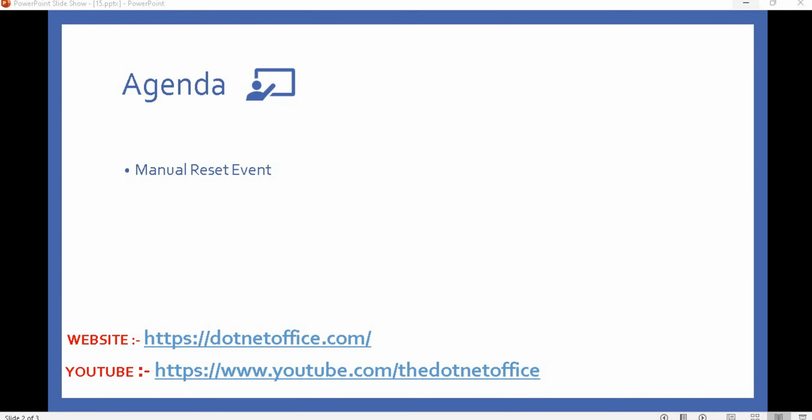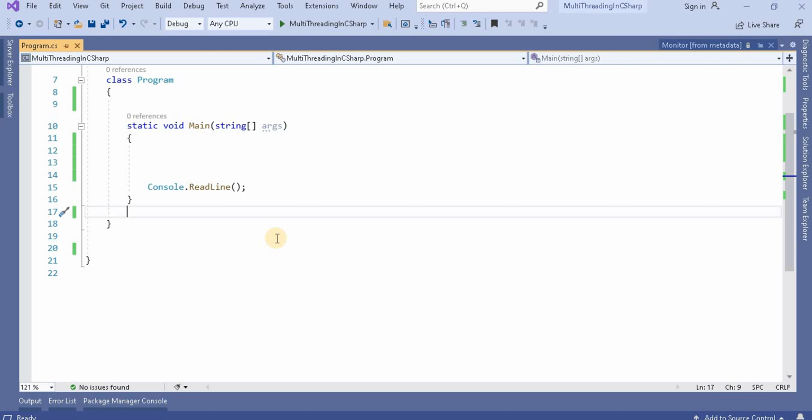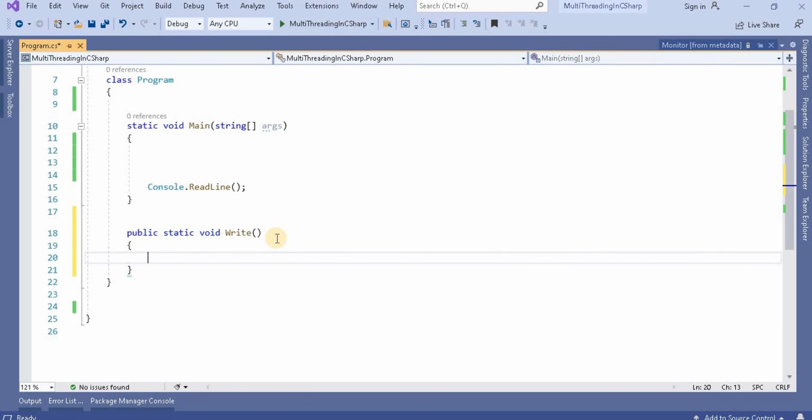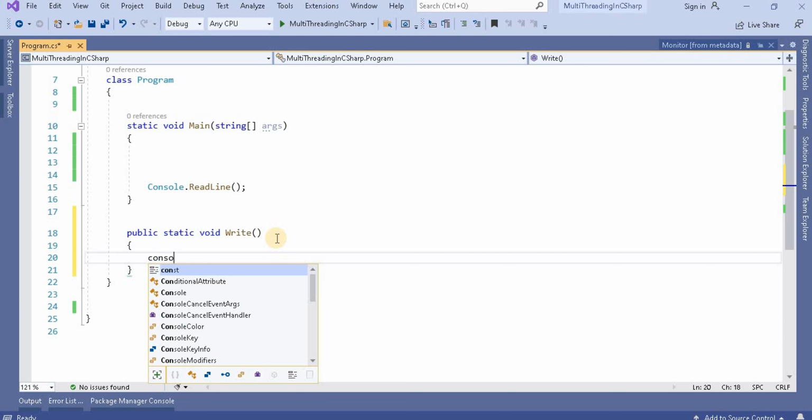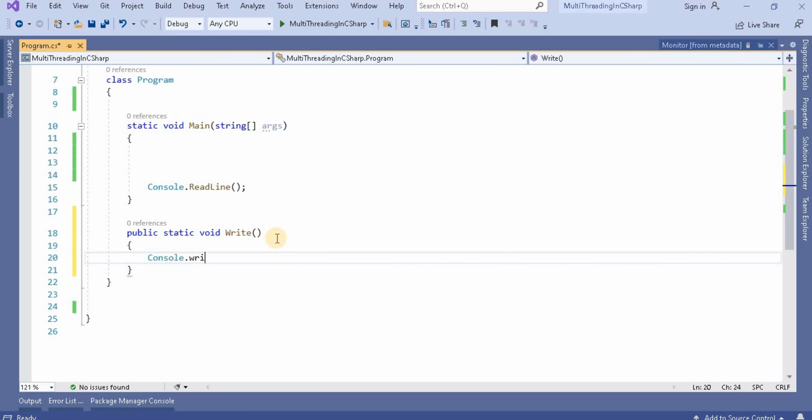So let's go to Visual Studio, and here I'm going to write two methods. That is public static void Write, and inside this one I'm going to write Console.WriteLine, "write thread working".